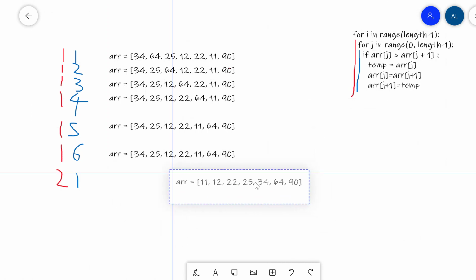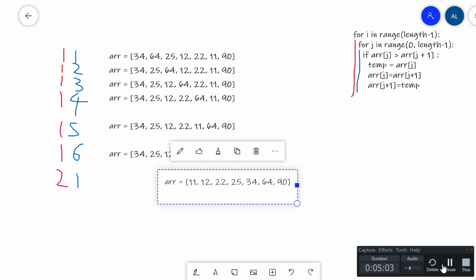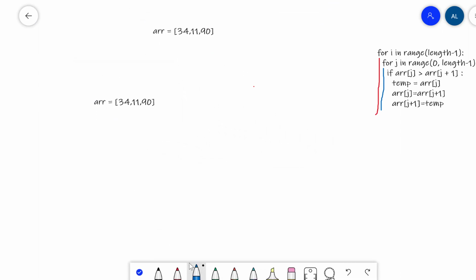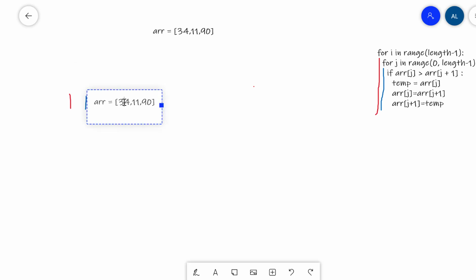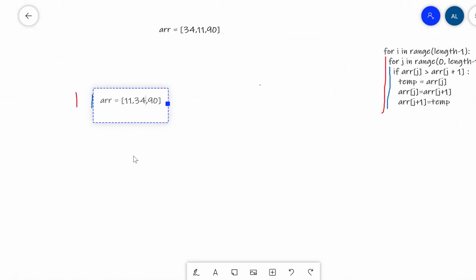So that's how it works, but now I'm going to show you a slight problem with this. So let's imagine we're dealing with a smaller array just because it's quicker for me to explain. And this is our original, so get rid of this one. And the first time we loop, we're going to have 1 and 1 outer. It's going to take 34, compare it with 11, and there's going to be a switch. It's then the next time we loop,